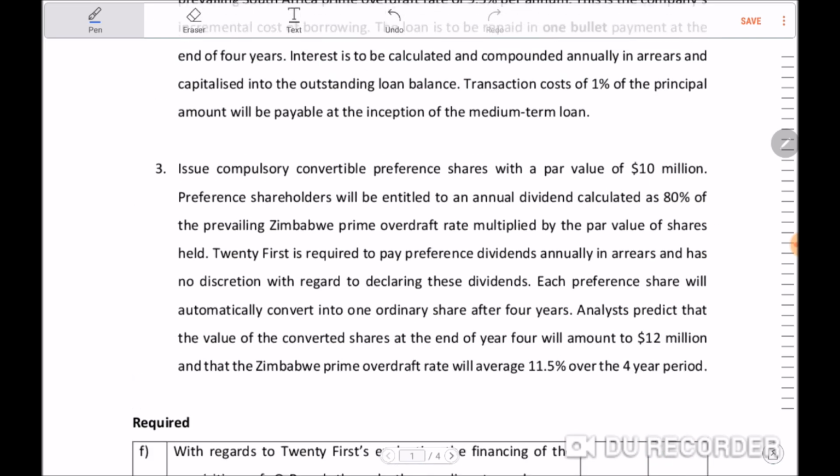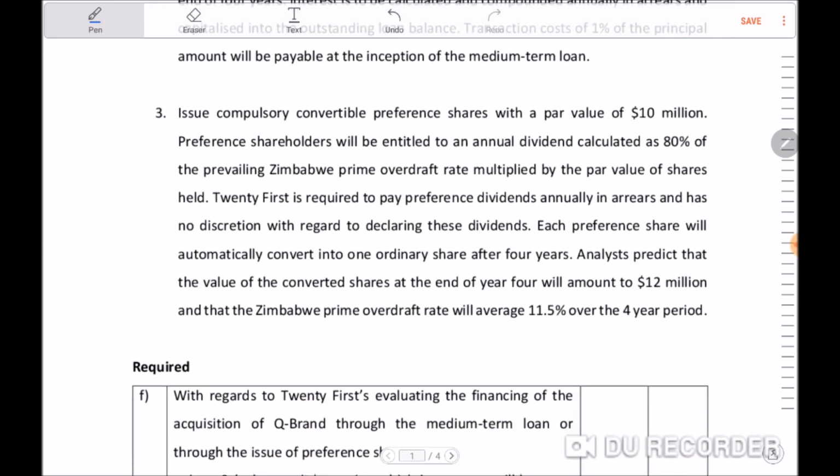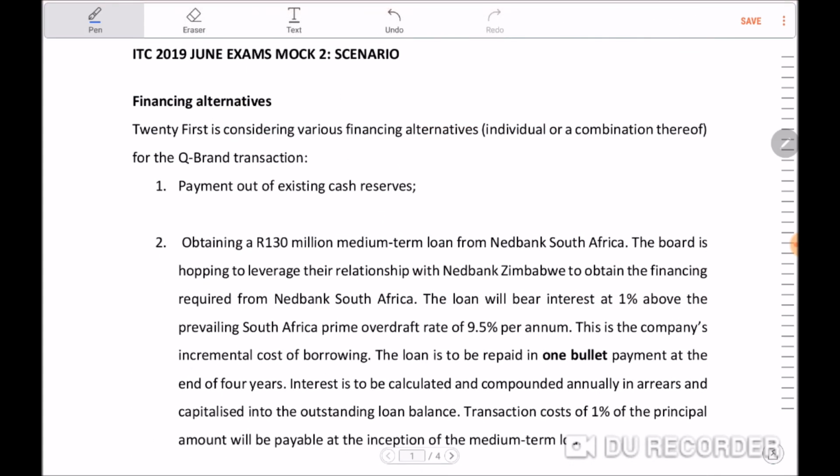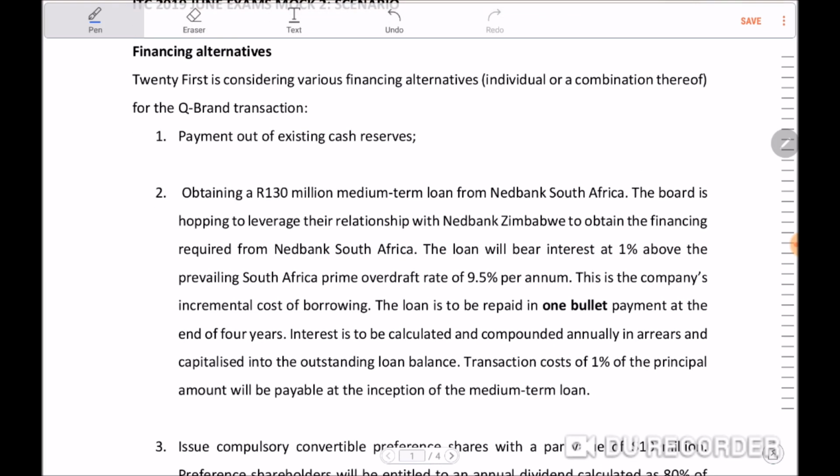So from the scenario, I've specifically scoped out the rest of the sections of the required, and I've jumped right into the financing alternatives. It reads, 21st is considering various financing alternatives for the Q brand acquisition, which can be individual or a combination thereof. First of all is payment using existing cash reserves. For the purposes of our required, this specific section has been scoped out,